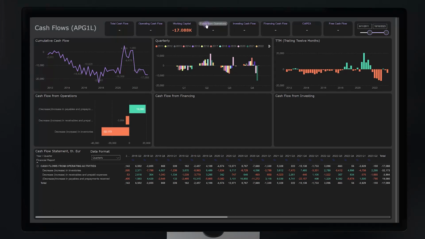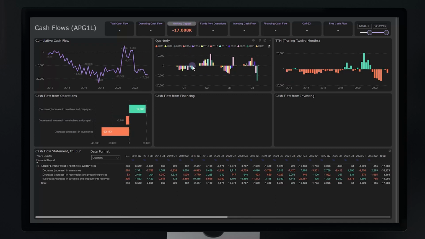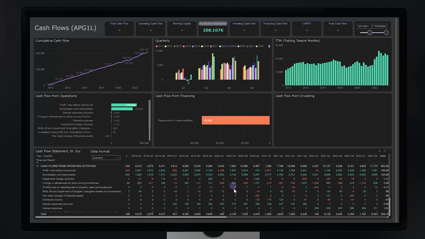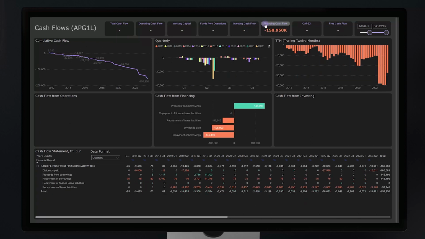them separately. Choose the working capital metric and see its impact on the operating cash flow. Or choose the funds from operations metric and analyze operating cash flow without the impact of the working capital. You can choose also other metrics, investing or financing cash flow, capital expenditures, free cash flow, and analyze their structure